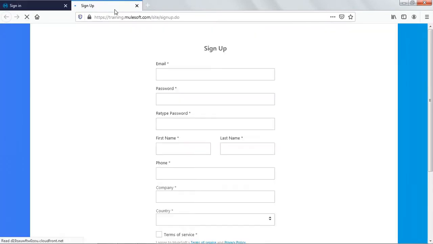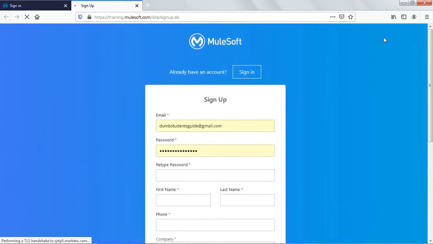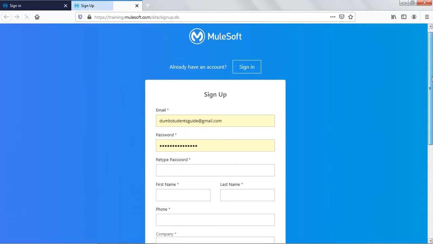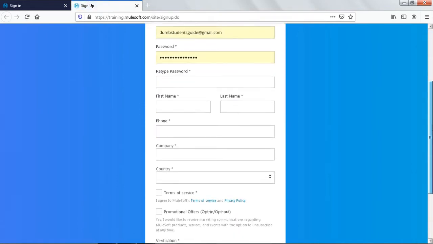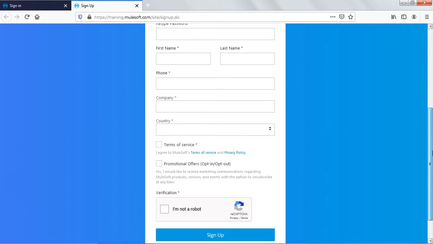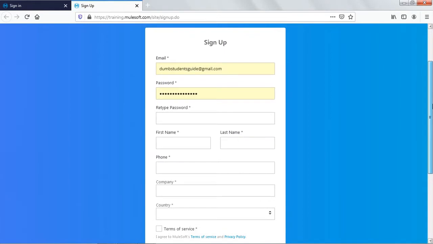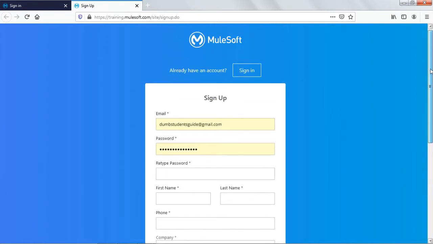When you create an account, you have to give your email address, password, and your personal details: phone, company and country, and then you can just sign up here. There are no checks done on your number or email address when you create the account. Whatever email and password you provide here, you can use when you sign in on this portal. And when you are entering your first name and last name, make sure that you enter the correct details, because the same would be used when you are appearing for the certification exam.